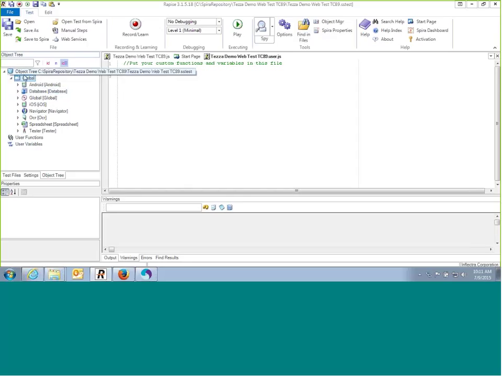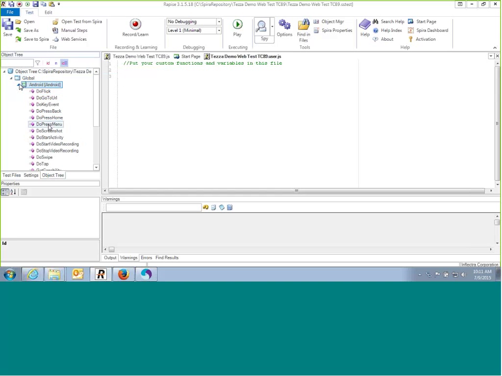So depending on what testing you're doing, if you're using, for example, a mobile device, you might want to use the Android object to do things like shaking the phone, simulating certain global events. If it's a web application, there are specific web events here, like setting the starting URL. So these are basically global utilities that are always available. But then as we begin the testing, it's going to actually add to this list with things that we interact with. So going back to our web page,